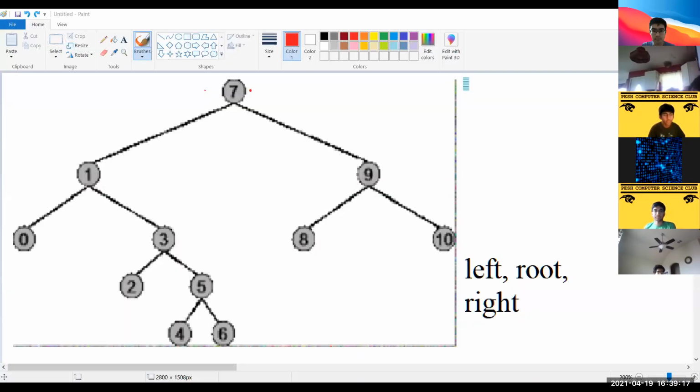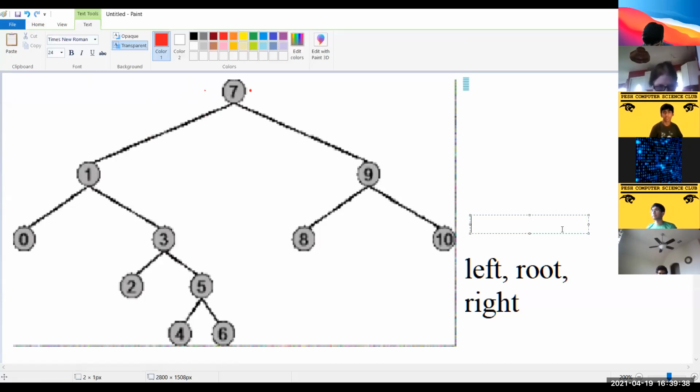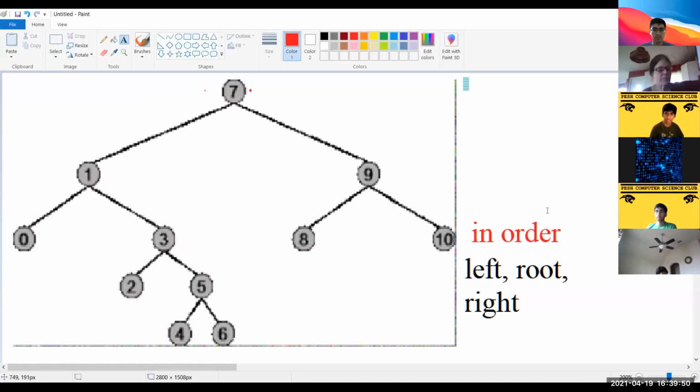Yeah. So there's 3 different ways that you can go through a binary tree when it comes to reading what elements are in the binary tree. And each of these 3 ways have their own purpose for why you would want to read it in this specific way. So the first one I'm going to cover is called in order. The point of an in order traversal is to retrieve the values from the smallest value to the greatest value in this specific case. And that's usually what it will do. So the way that we can get the smallest value to the greatest value and get it in order is